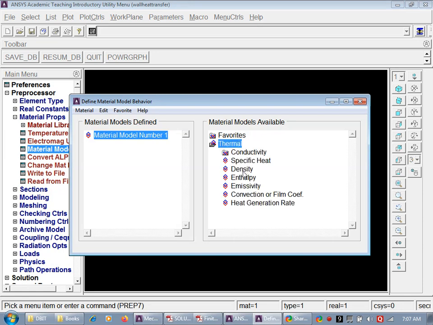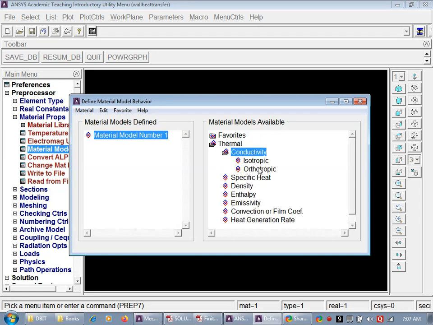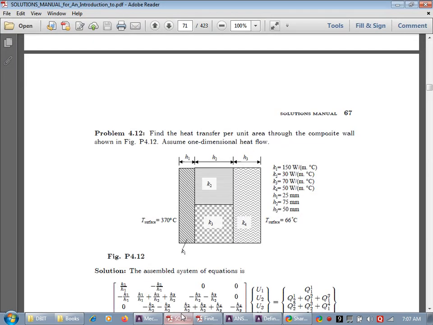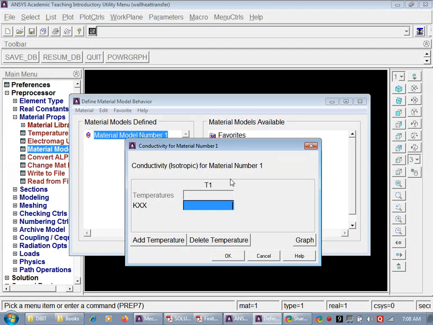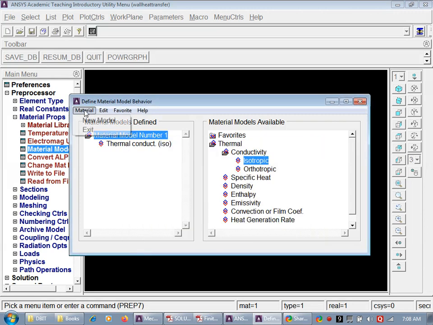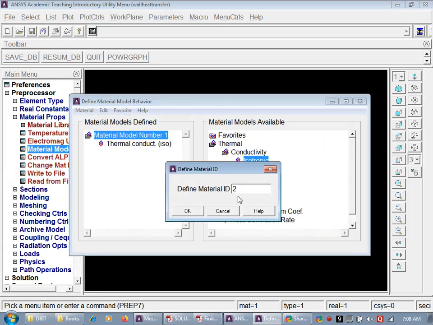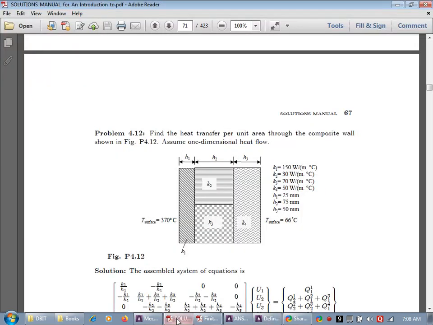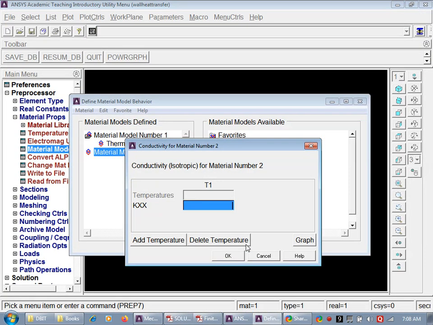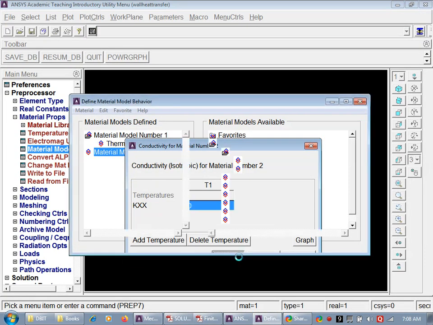So conductivity, isotropic, 150 watt per meter per degree Celsius, that is the conductivity. Then I will have to add a new material, so I will go to material, new ID, and define material ID 2, and again define the conductivity as 30 watt per meter per degree Celsius.